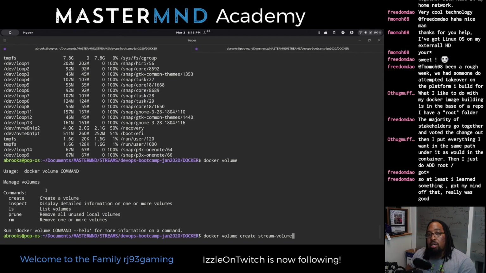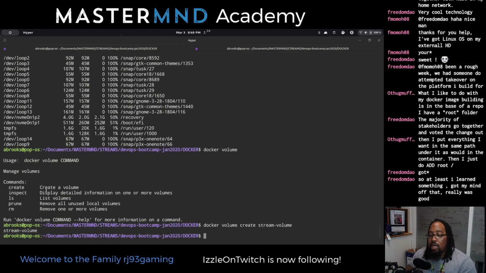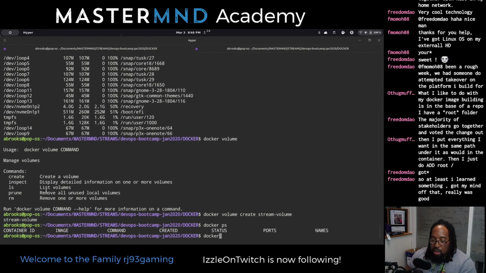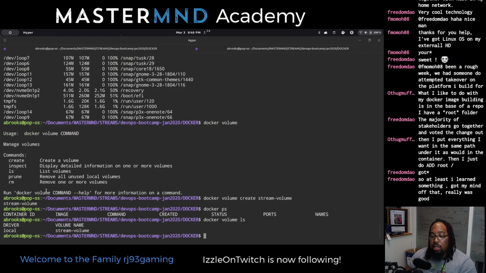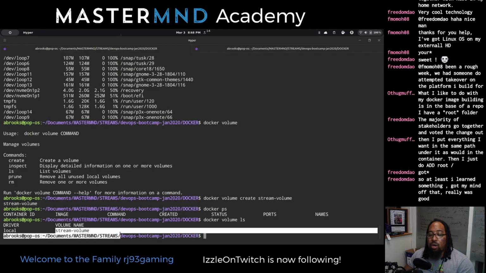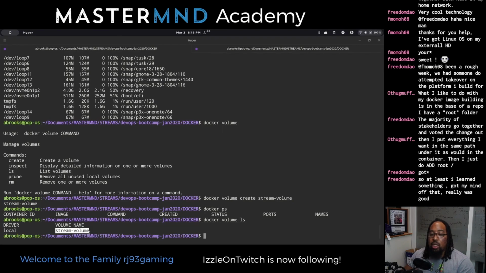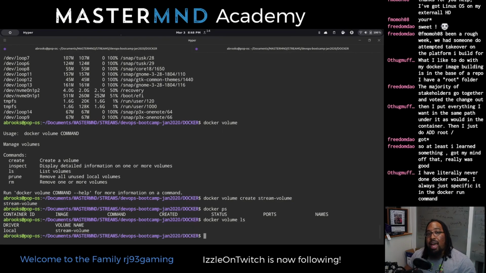This should go ahead and carve out some space on my local hard drive for me to attach Docker containers to. And if I do a docker volume ls, you can see here I have a local driver for stream volume. So now I have a space I can connect things to, which is dope.